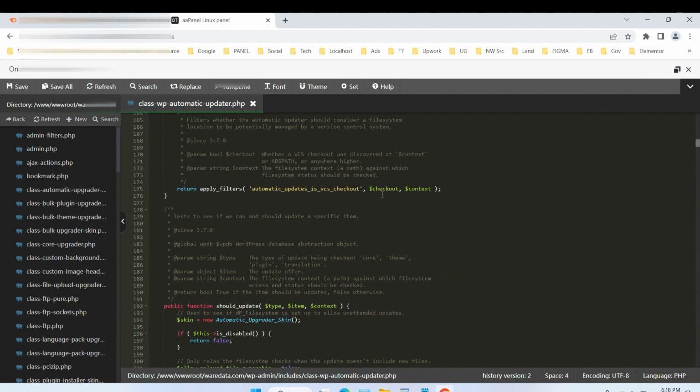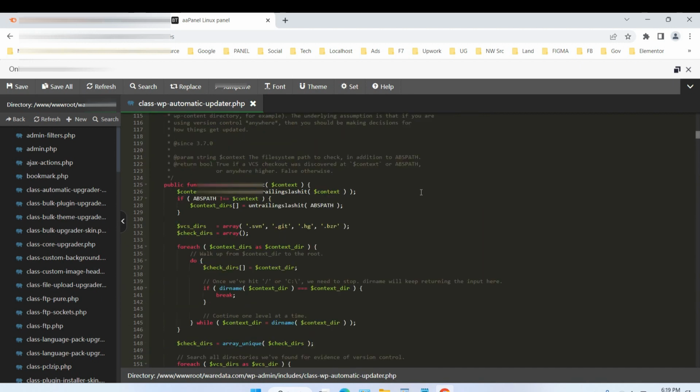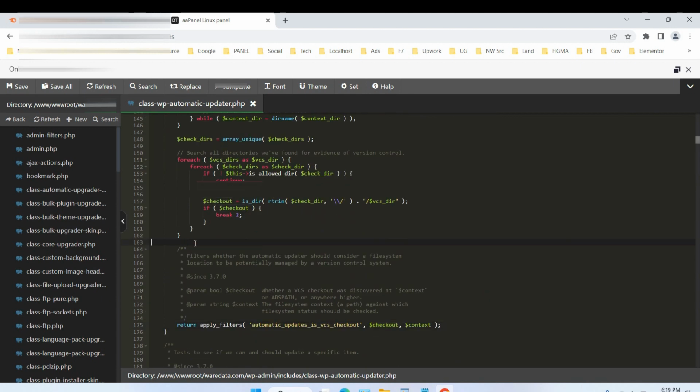This file, okay, this line, okay, you can see there is variable $checkout in here, and on PHP 8 or above, maybe this method is not right, so we can add the variable. Okay, we can copy this and put it in here. I will put the checkout variable in here above the script